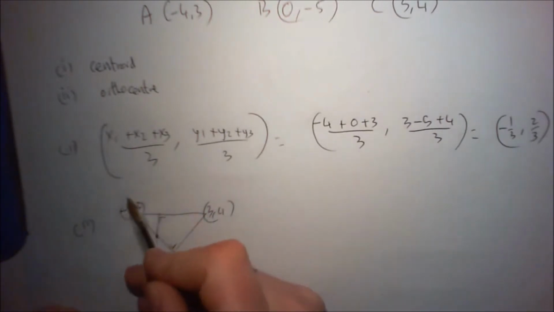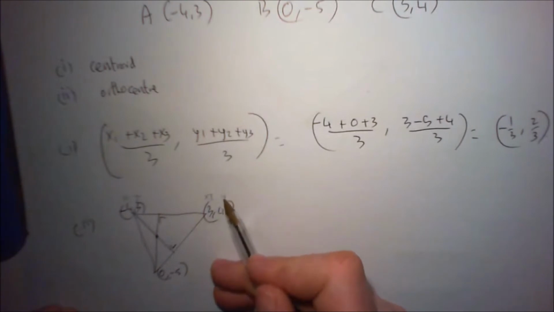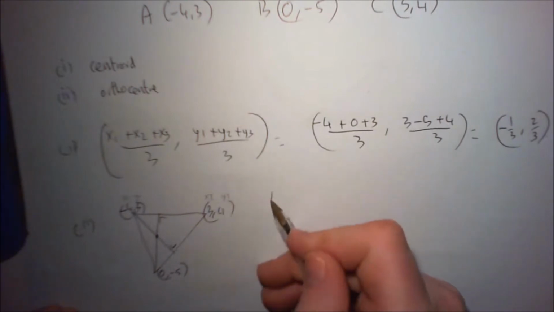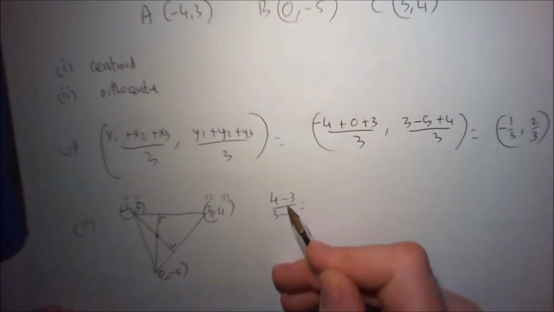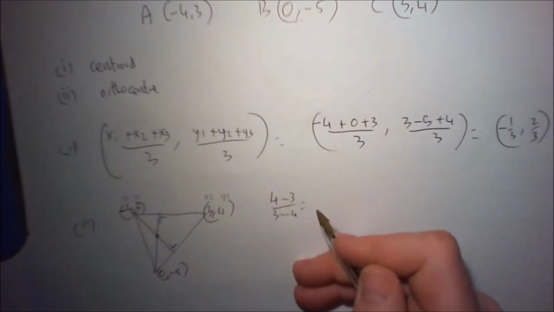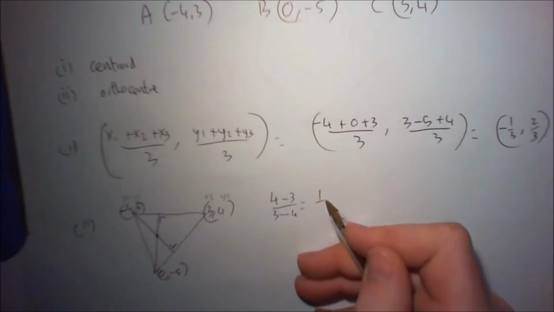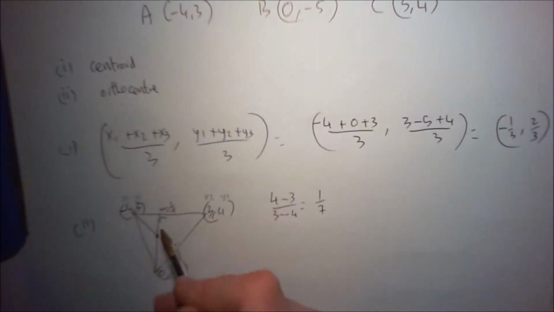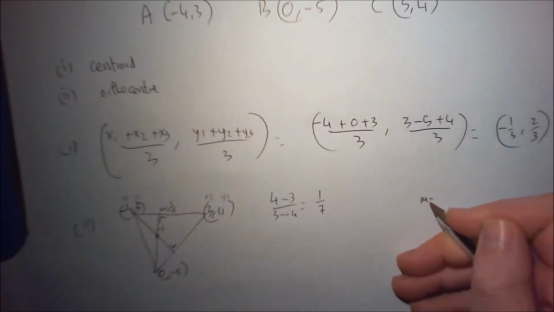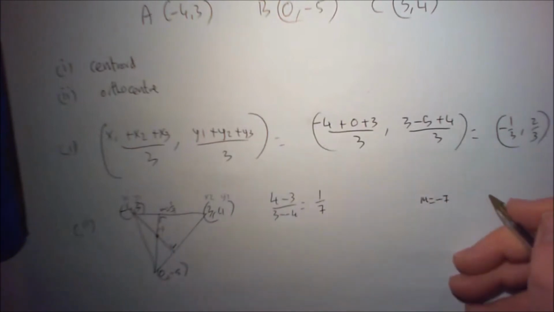Okay, so x1, y1, x2, y2. So very quickly, y2 minus y1 over x2 minus x1. That's going to be 1 over 7. Okay? So that's 1 over 7 is its slope, which means this slope is minus 7. So that means I'm going to use this slope with this point